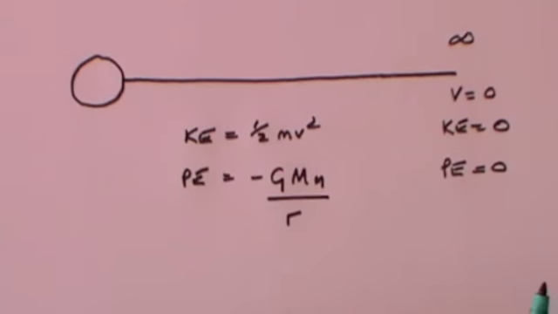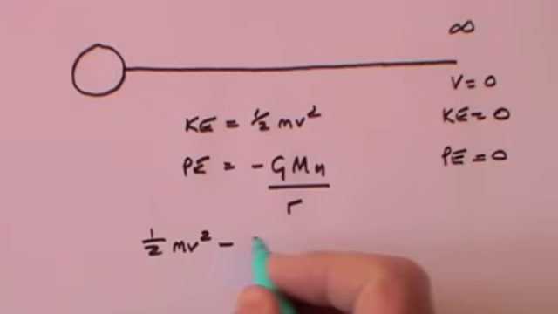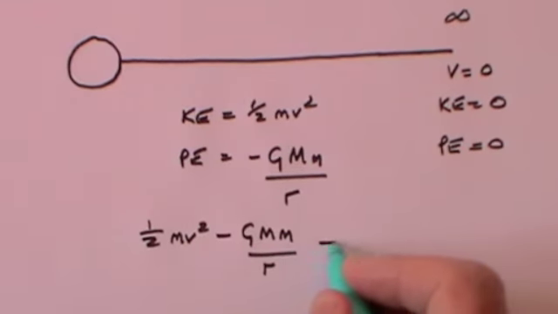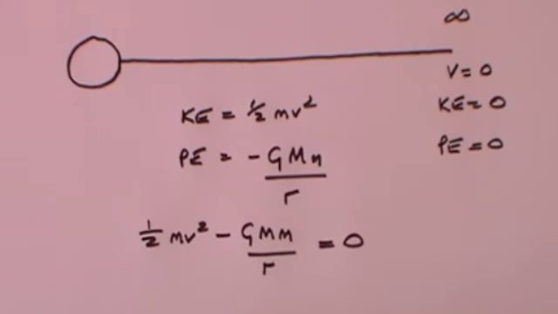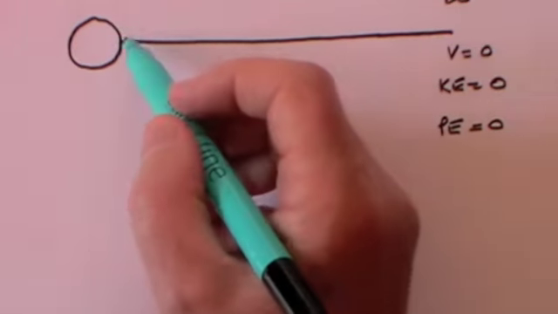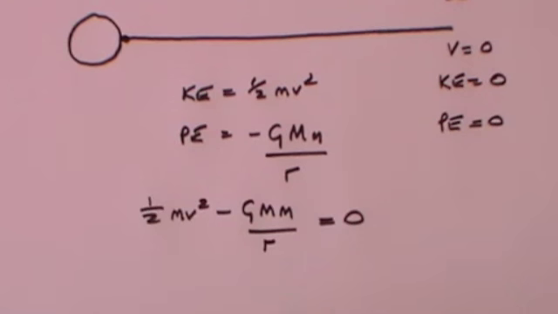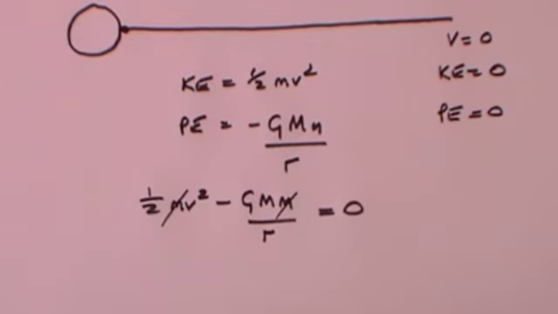And consequently you get that the sum of the two, half mv squared minus GMm over r, is equal to 0 at all points in that journey. So if you take the position when you are actually on the surface of the Earth, then you get the position that, look, the m's cancel out, and you get that v squared, which is what we're looking for, is equal to